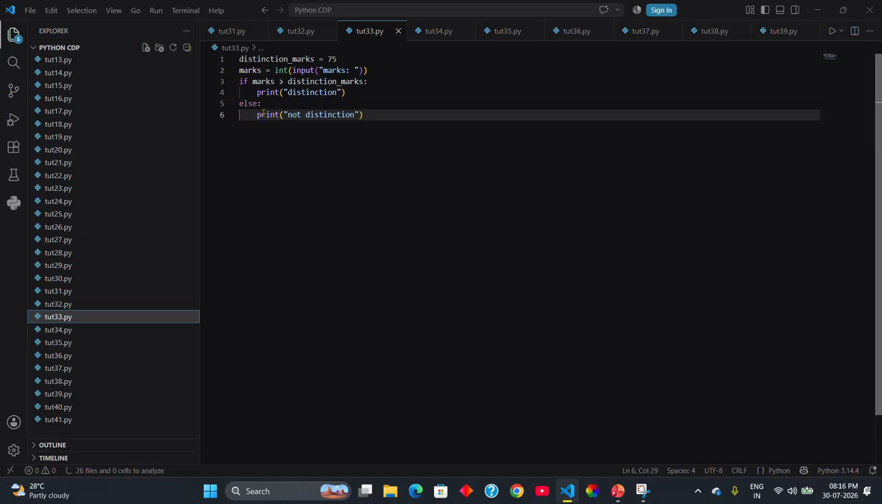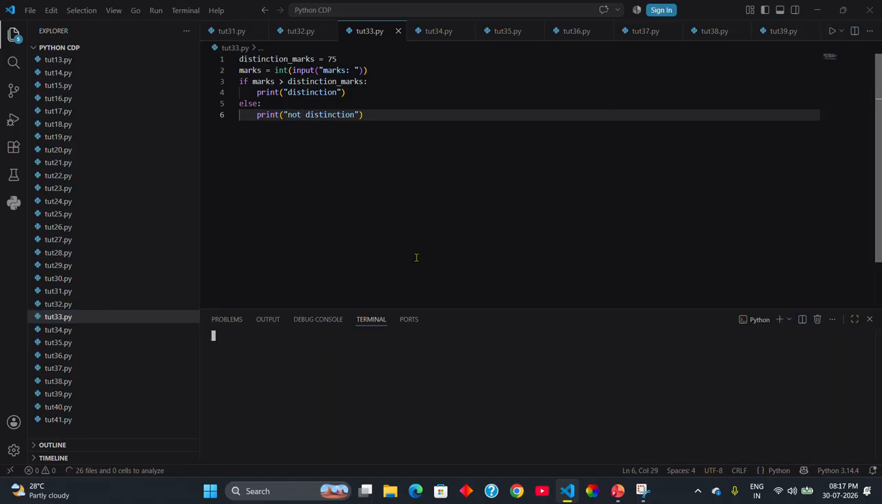distinction, otherwise. So the else part is the otherwise part of if and else, and the tab space between the print and the starting point is called indentation, which must be there after the if line, and at the end we should type a colon mark to give an indentation. So else not distinction. Okay, when we run it,